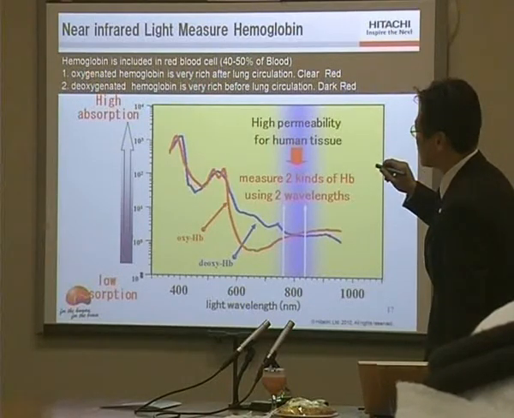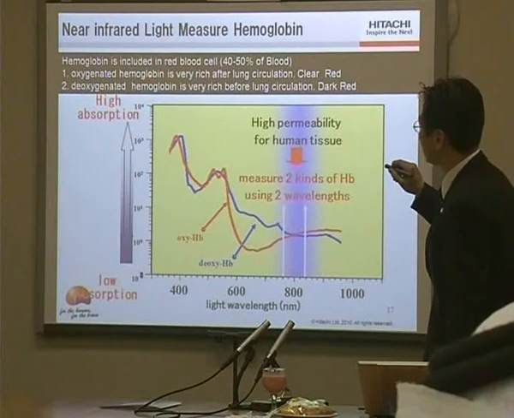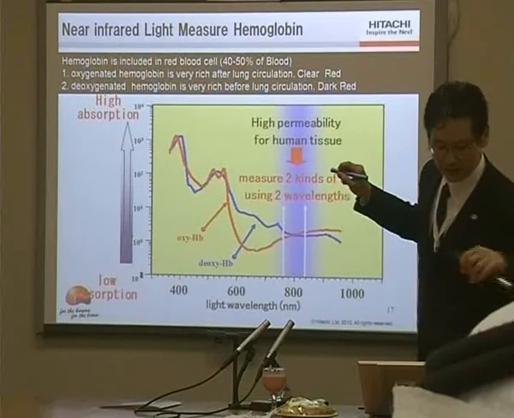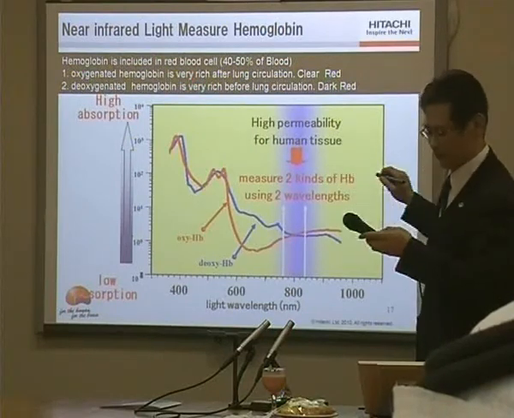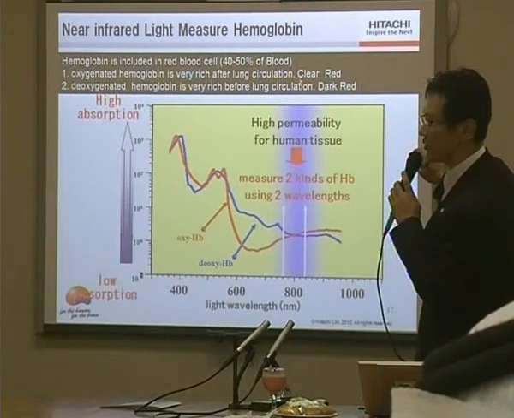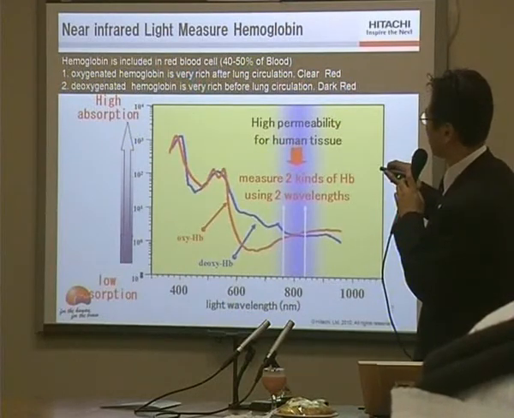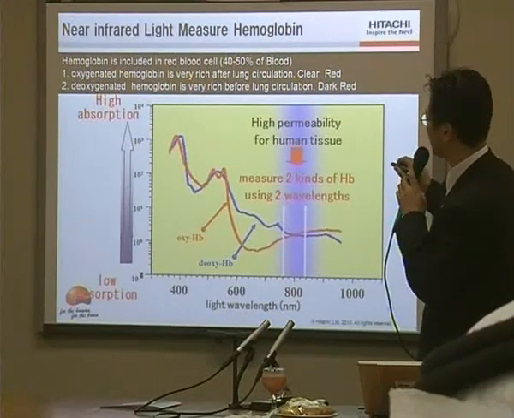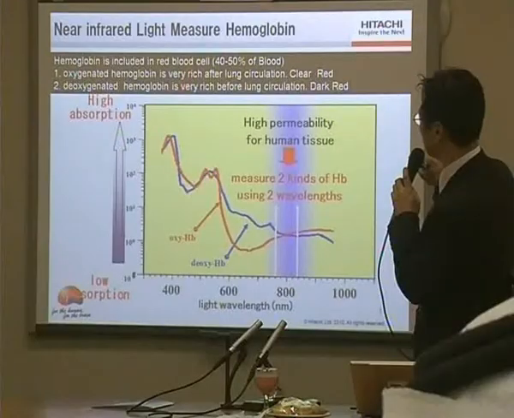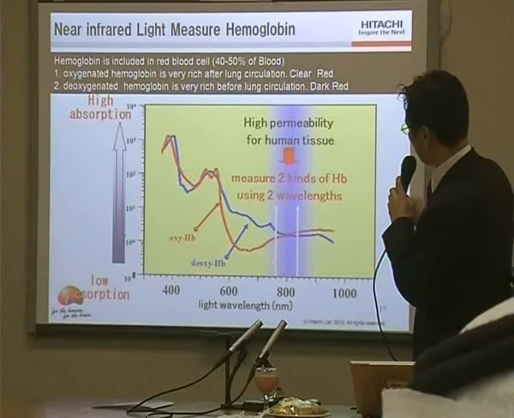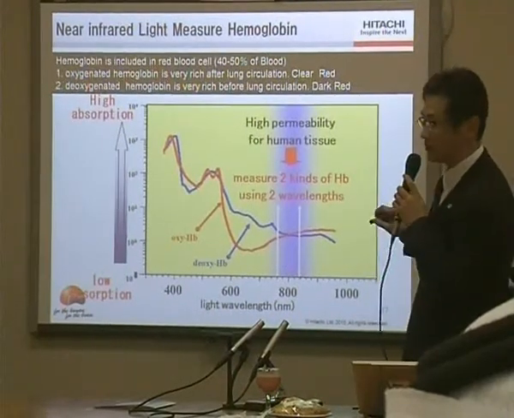One is oxygenated hemoglobin, and it is very rich after lung circulation, and the color is a very clear red. And the second type is deoxygenated hemoglobin. It's very rich before lung circulation, so the color is dark red. And we are using wavelengths around 800 nanometers,